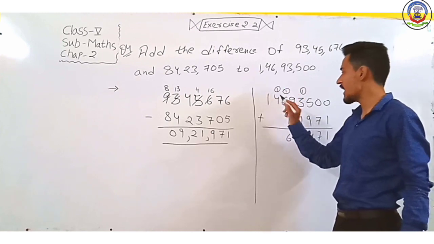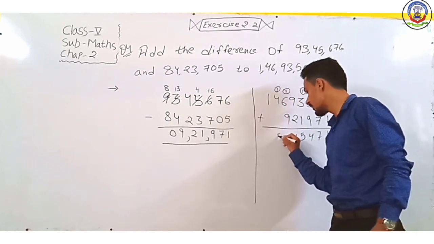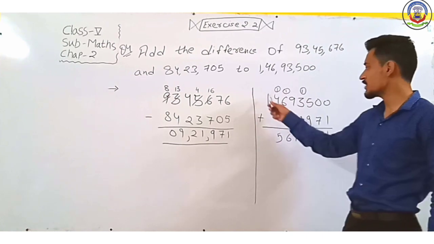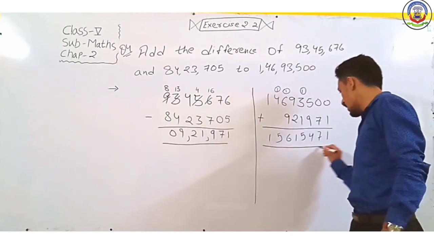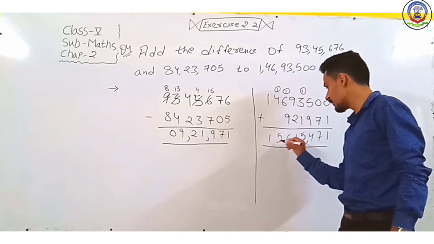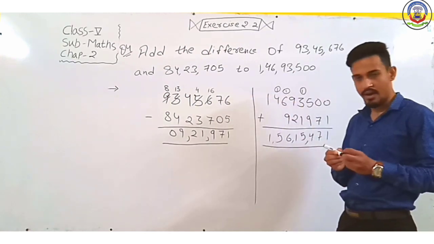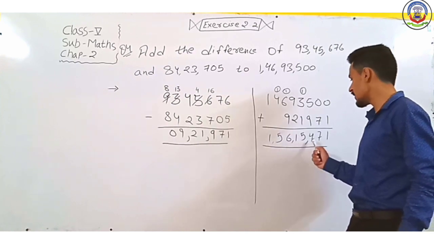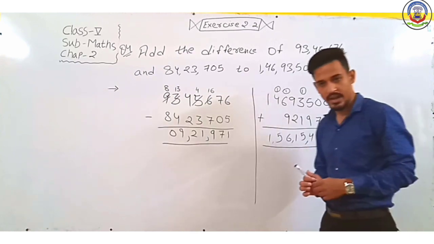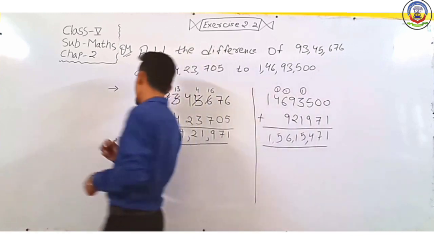Next we have 1 and 4, so we will write 5. Next we have 1, so we will write 1. So our addition of these two numbers is 1 crore 56 lakh 15,471. So we write here,